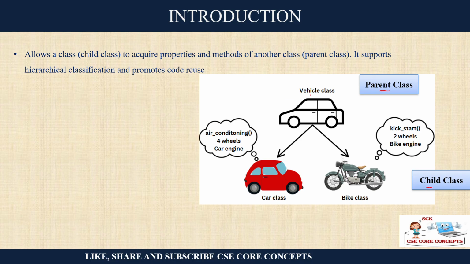Now who is a parent? Let's say, for example, I am describing a class called vehicle. Vehicle is something very generalized, because there are different types of vehicles and the characteristics change depending on the type of the vehicle. A car can be considered a vehicle. A bike, any type of two-wheeler, is also a vehicle. Any type of three-wheelers are also vehicles. Any type of buses are also vehicles, right? Now their characteristics are different.